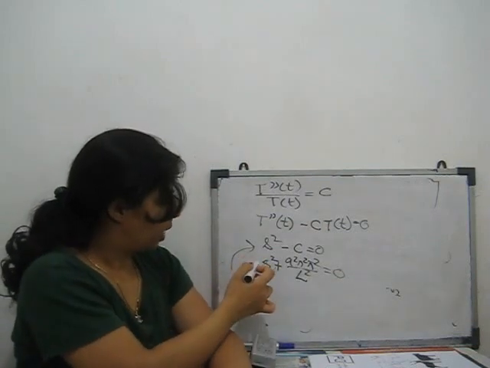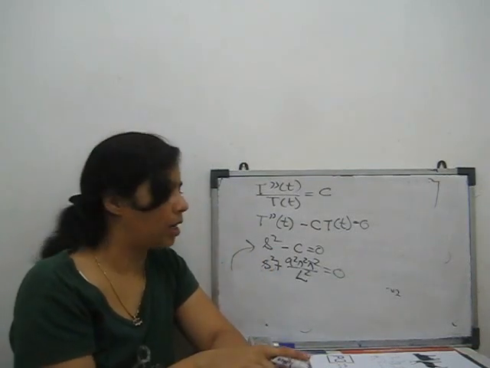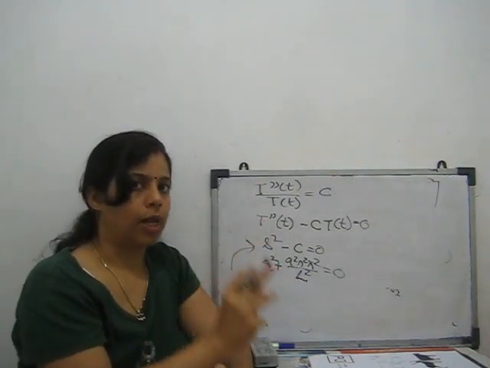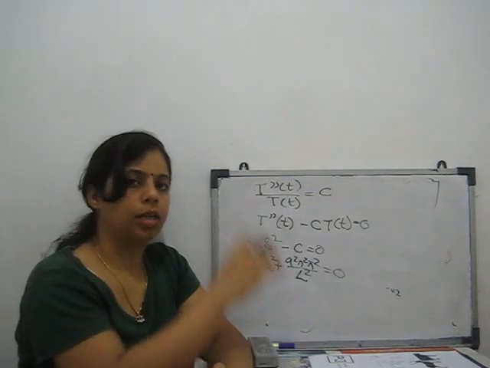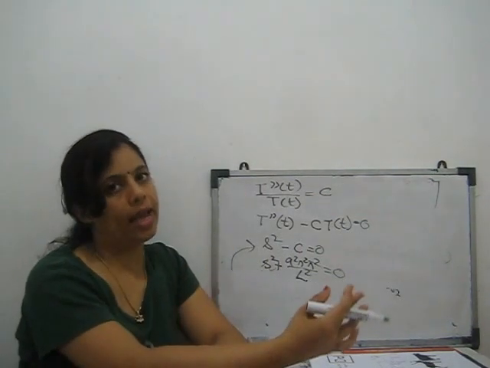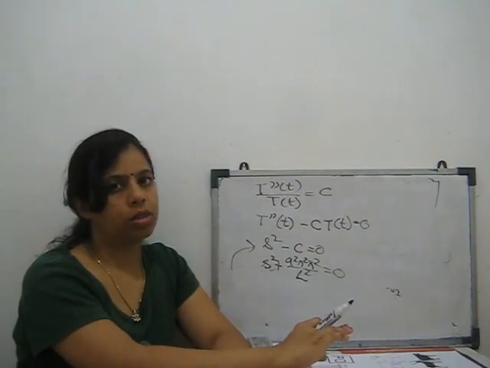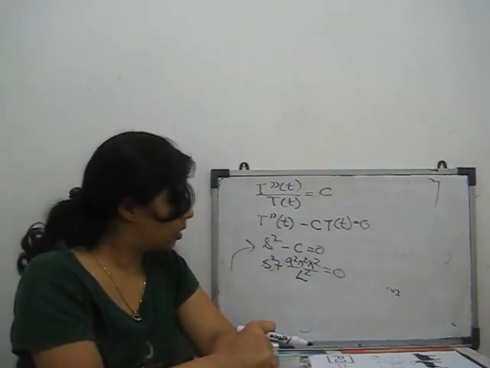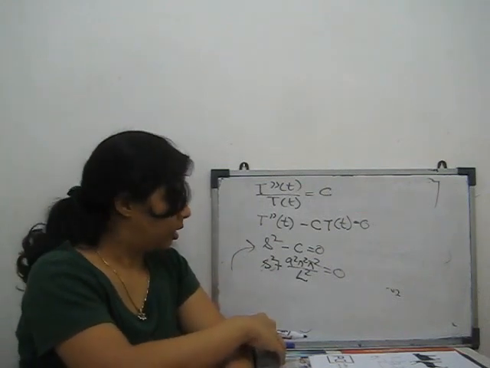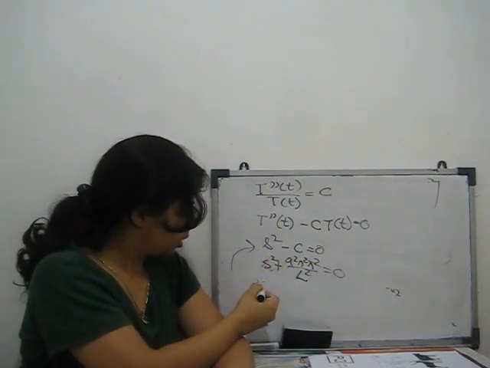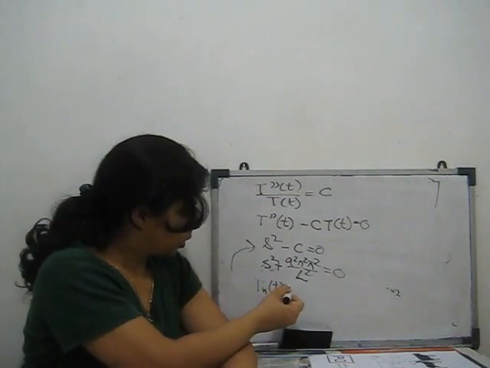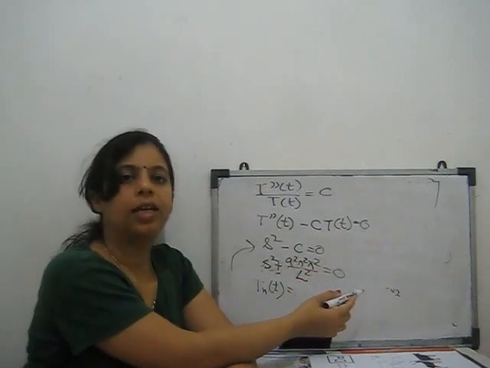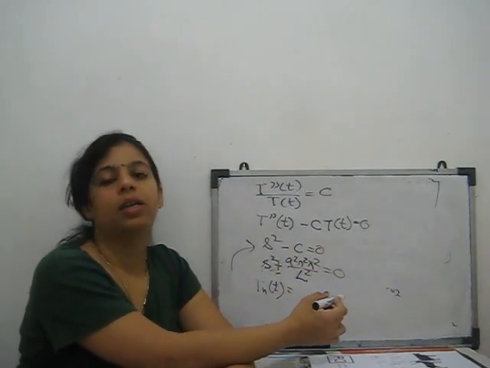So this value of c, which we previously found, we can substitute here, because that constant is equal for the t function also, and for the x function also. So first we find the c value with the help of x. Now we substitute here, and with this we can rewrite the solution of t. Because this is s square plus, it goes to that side and gives a negative value, which means it will give